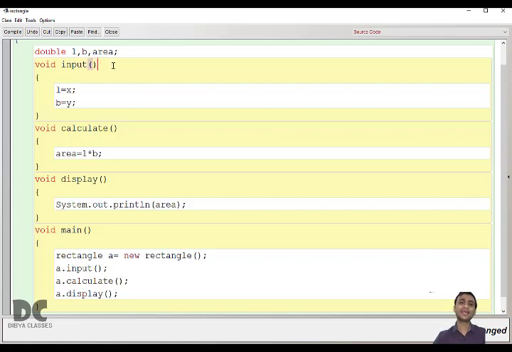Here we'll take input directly in the input function. You don't have to take input in the main function. If you are using parameter, you have to follow the 3-step method. If you are not using the parameter method, but you are using scanner or buffer reader, both are the same. Only the syntax is a little different, but they work in a similar way. In that, you have to take input according to the question. In the question, it is asked to take input in the input method, which means we'll take input directly in the input method.